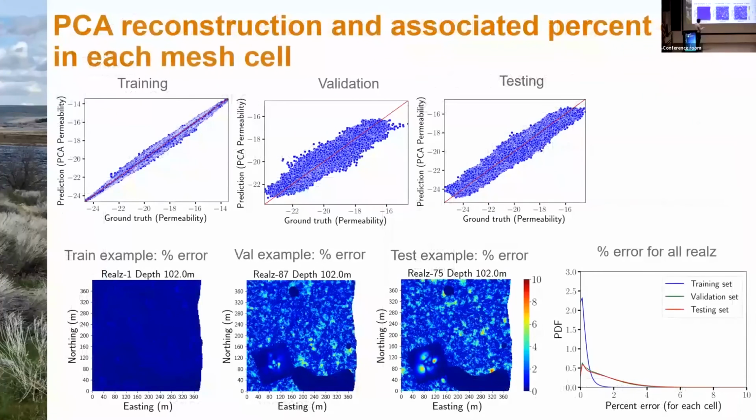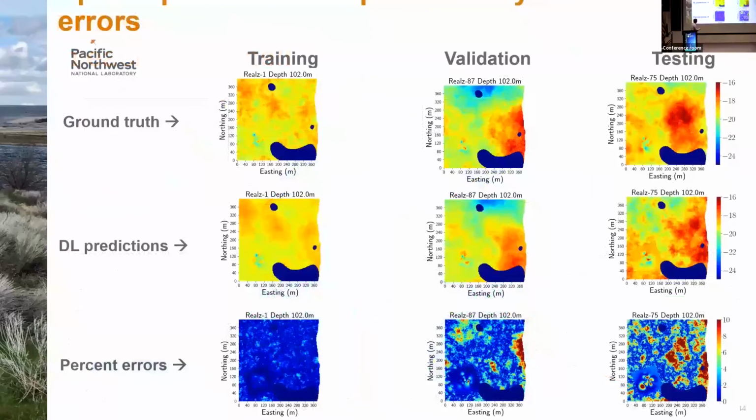So how does the PCA training look? It looks reasonably well. You can see the training, validation, and testing one-to-one plots. Each dot represents the permeability in each and every cell. It is scattered around the one-to-one plots, and the percent error in each and every cell is less than 10%. So that's reasonably okay. Now, building on that, we have trained